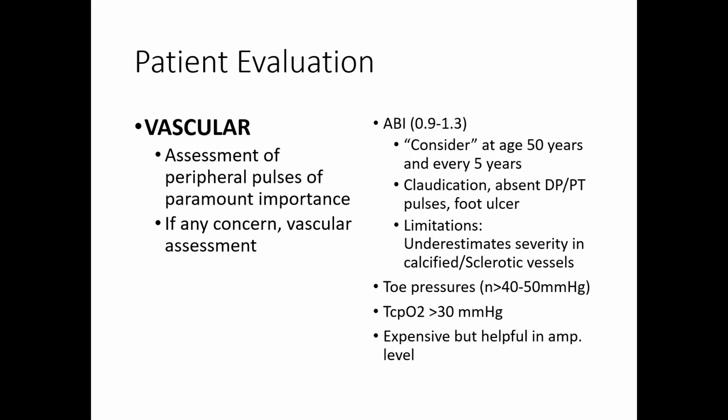Then there is a measurement of the cutaneous pressure of oxygen at the level of the toe. This TcPO2 is the toe cutaneous pressure of oxygen. It should be more than 30. Again, for this we need very special probes and very specialized instruments. I haven't seen it in my practice so far. I have only read about it. It is extensive but helpful in deciding the amputation level. So these are the points for vascular assessment of the diabetic foot patient.